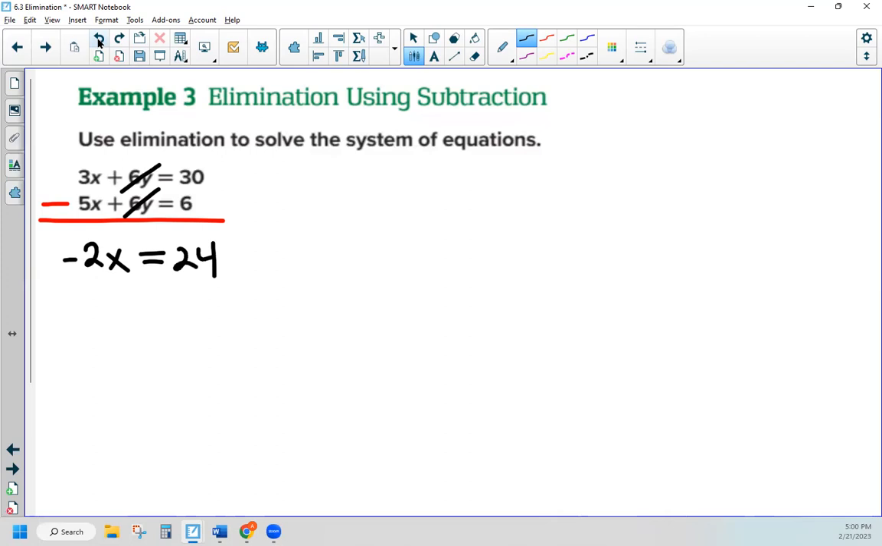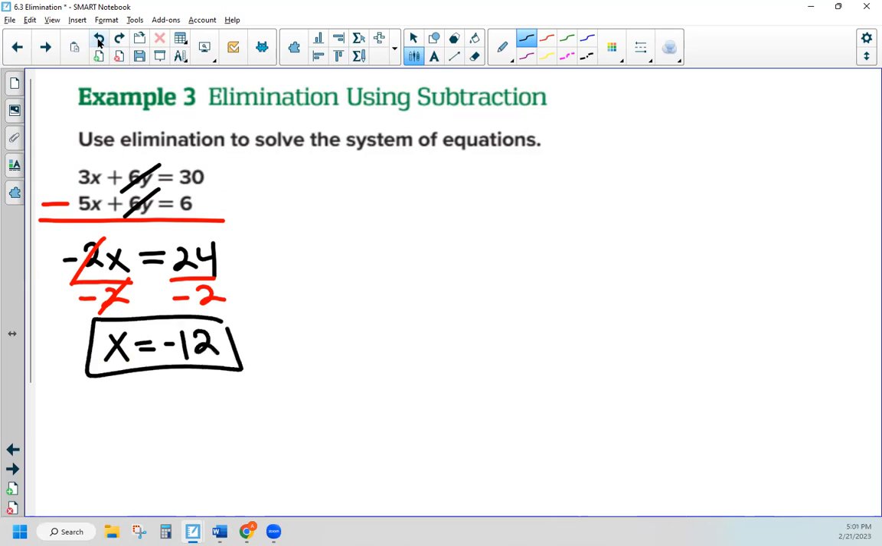Cool. All right, then you already know what to do in this final step. You take -2 to the other side by the division property of equality, and that is going to give us -12. Look how simple that was to get our first